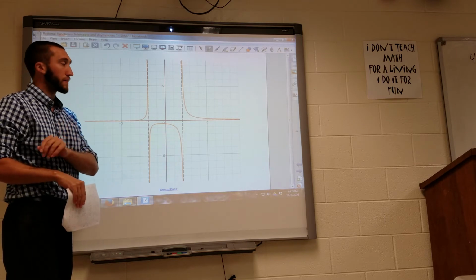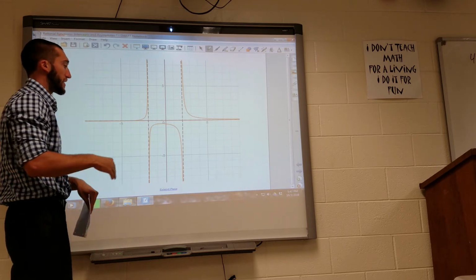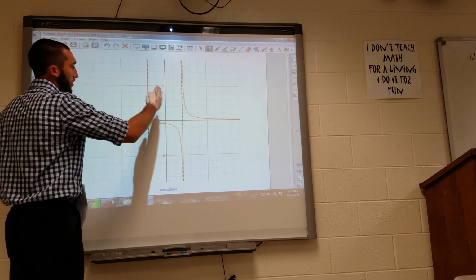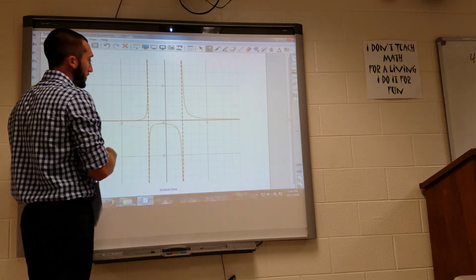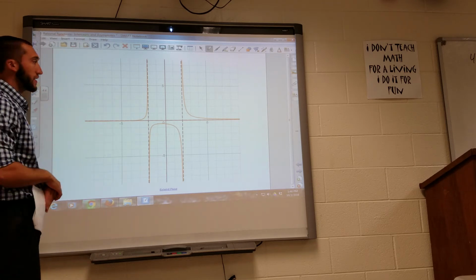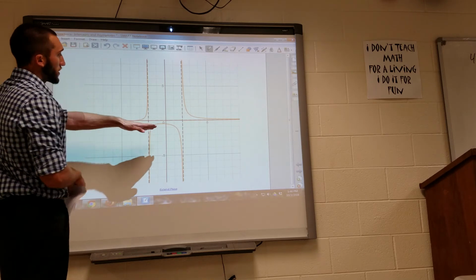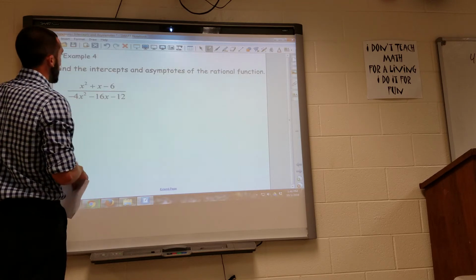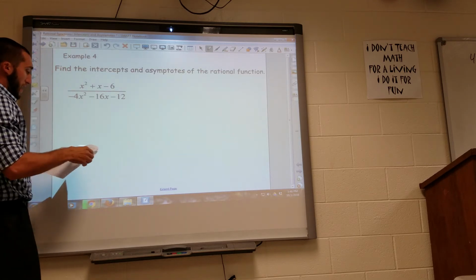We'll talk about graphing them in the next lesson. So right now we're just worried about finding the horizontal and vertical asymptotes and finding the intercepts, wherever they may be, x and y intercepts. This one didn't ask us to find the y-intercept, but most problems will once we get there. And that leads us into the last one,